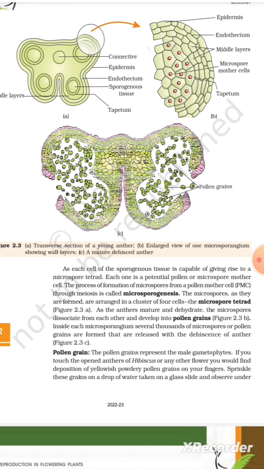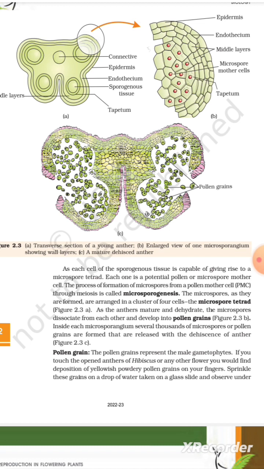potential pollen or microspore mother cell, the process of formation of microspores from a pollen mother cell, PMC, through meiosis is called microsporogenesis. The microspores, as they are formed, are arranged in a cluster of 4 cells, the microspore tetrad, Figure 2.3a. As the anther matures and dehydrates, the microspores dissociate from each other and develop into